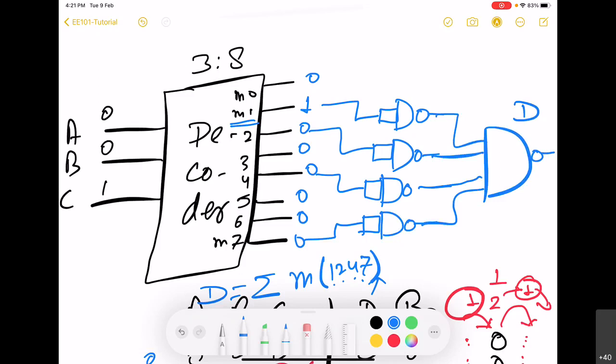So this will give you D, right? So this is the implementation of the difference part of the full subtractor. Similarly, one can implement the borrow out, BO. Do you have any question or suggestion here? Then we can move to the next question.